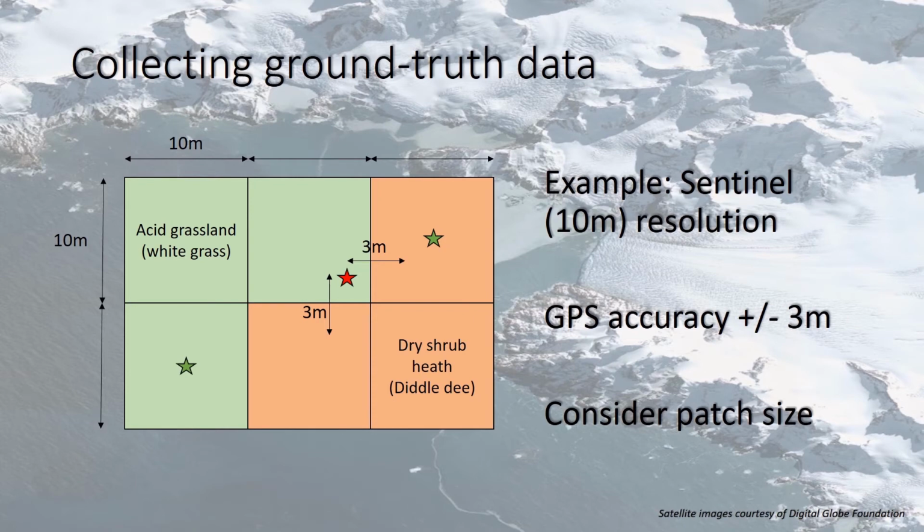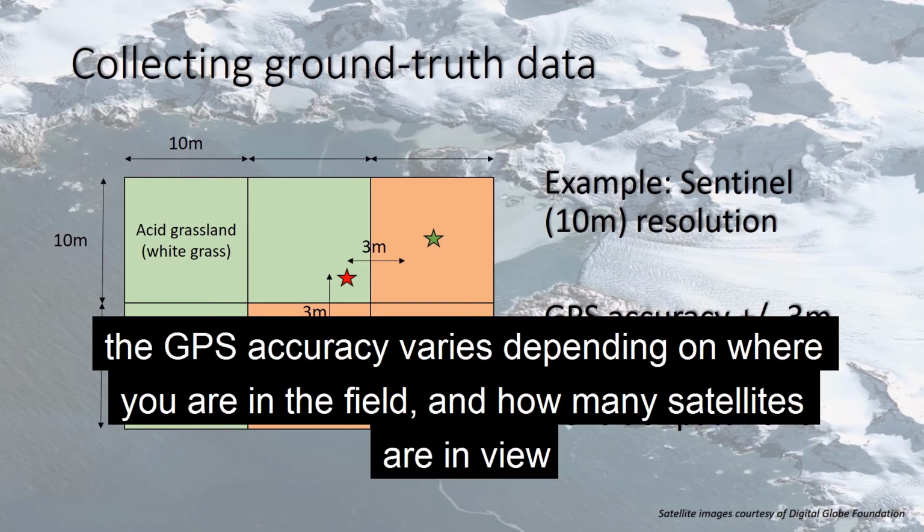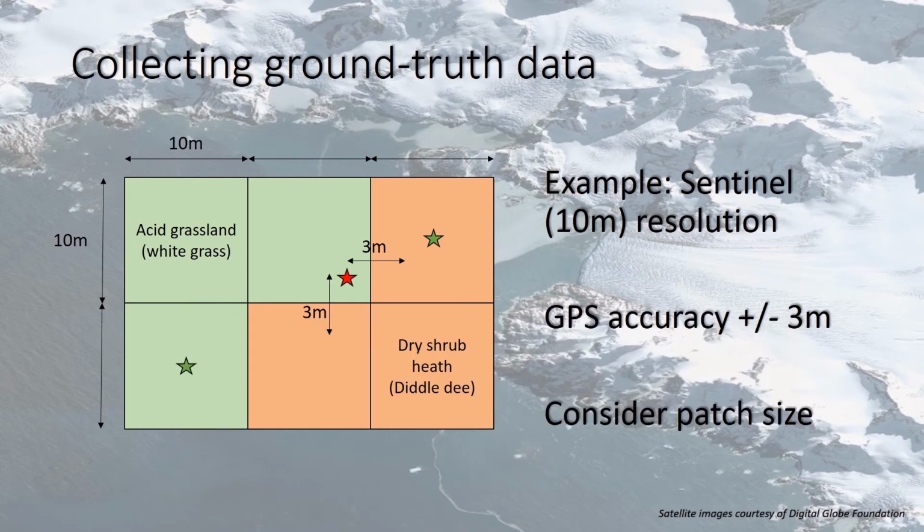I would say that the GPS accuracy varies depending on where you are in the field and how many satellites you can see at any one point in time. It's not constant, so in theory that would be lovely if you could do that, but in reality it's not the case, I'm afraid. So a prime example would be we collected some drone imagery at El Zahal, and up